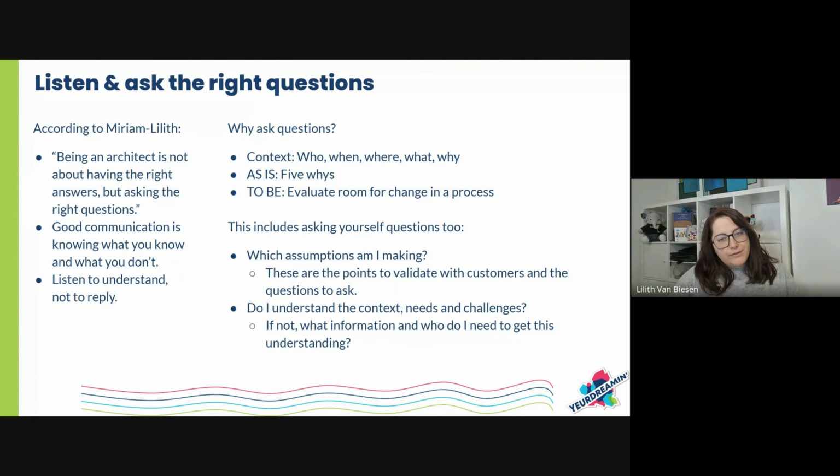And then when we're talking about the to-do or to be, which is also our to-do, of course, it's important to evaluate how much room for change there is in the process. Because as I was talking about before, if we are doing this in this way because of a regulation, then likely we don't have that much room for change in how we do this particular process, because there are some regulatory requirements that we need to fulfill. Again, it could be that we still have some leeway there. I'm not saying that we don't need to follow those regulations. Of course we do.